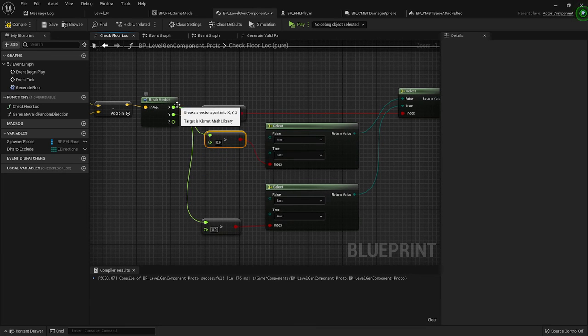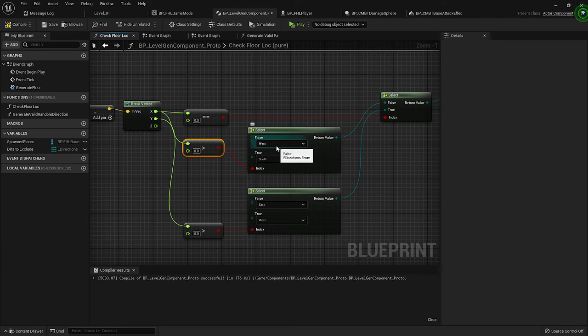So if x is positive, meaning the latest floor is in the north, that means we're restricting the south, because that's where the second to the last floor is, south, and then we go north. All right,